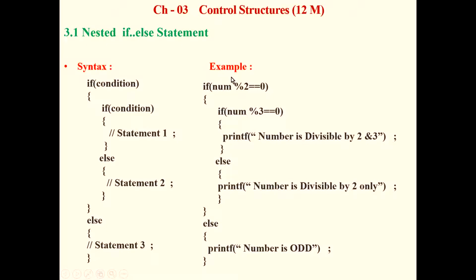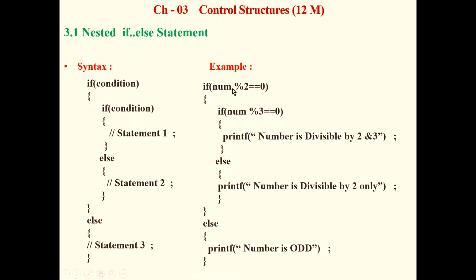This is a simple example to check whether a number is divisible by 2 and 3. To check whether the entered number is divisible by 2 and 3, first in the if we write the condition to check divisibility by 2. For that we write the condition num % 2 is equal to 0. What is the use of the modulus operator? The modulus operator is used to give the remainder in division. So if the remainder is 0, then it is divisible by 2.